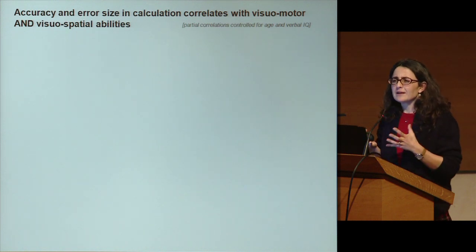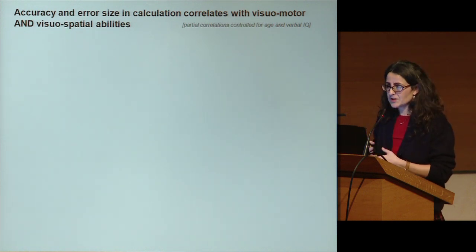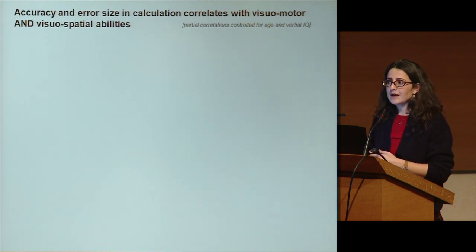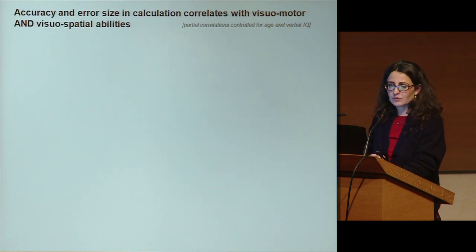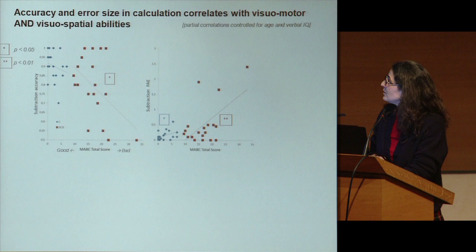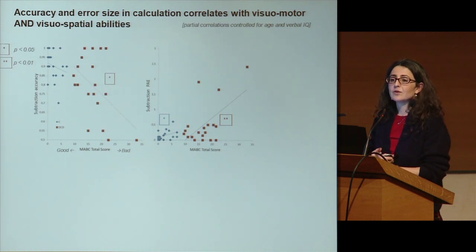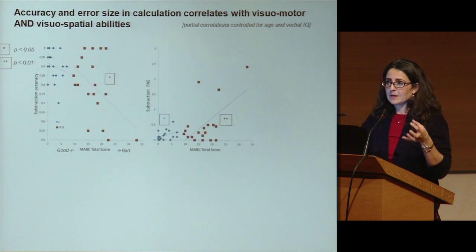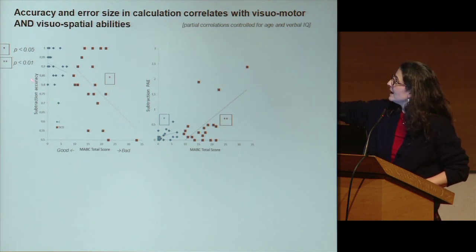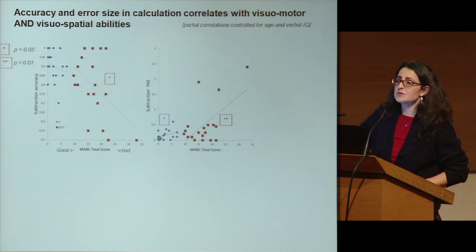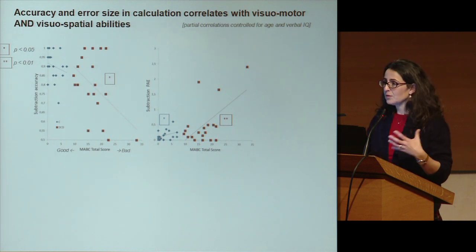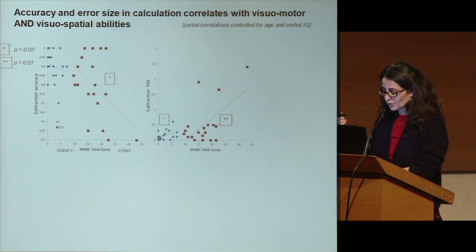And so how is this pattern of impairment in calculation, which is much more important than the impairment they have in the number line, related to their impairment in visuospatial and visual-motor coordination ability? We found a pattern of congruent and consistent correlation between their score on the MABC test, which is the test that is testing motor coordination, and the accuracy in subtraction, and the percent absolute error, the size of the error they make in subtraction. The worse they are at calculation, the worse they also were in motor coordination.